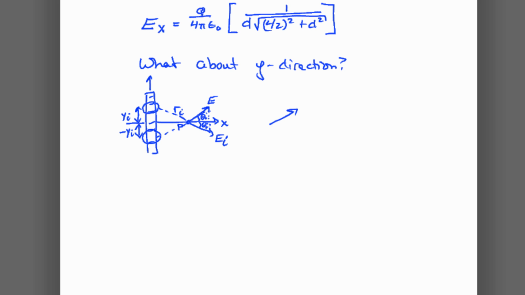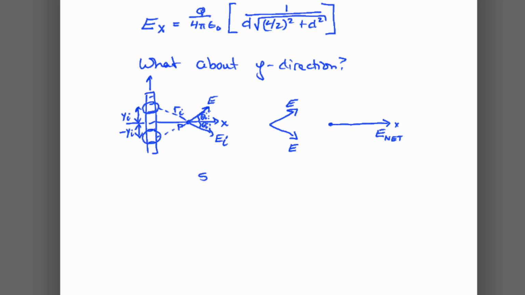So that means that every vector that points this way in the electric field is going to cancel the y component of it that points this way. So you'll end up with nothing in the x direction, and your E net will only be in the x direction here. So this is all about symmetry,